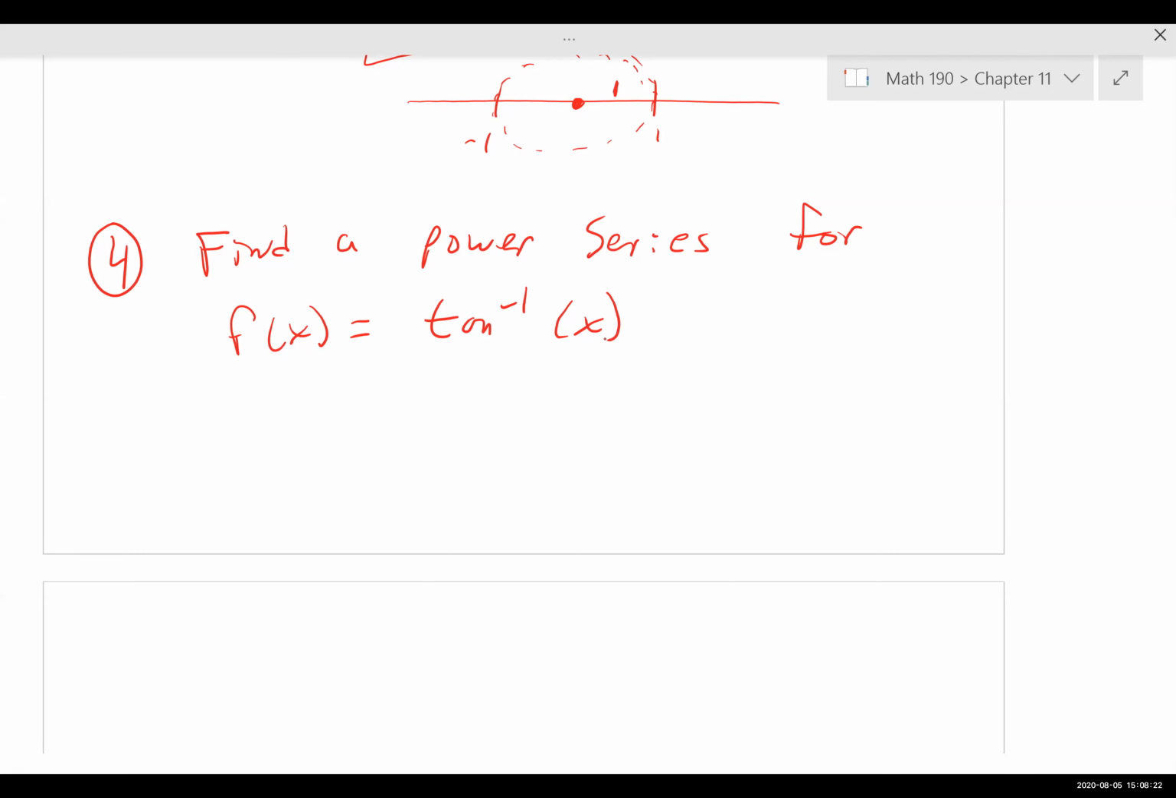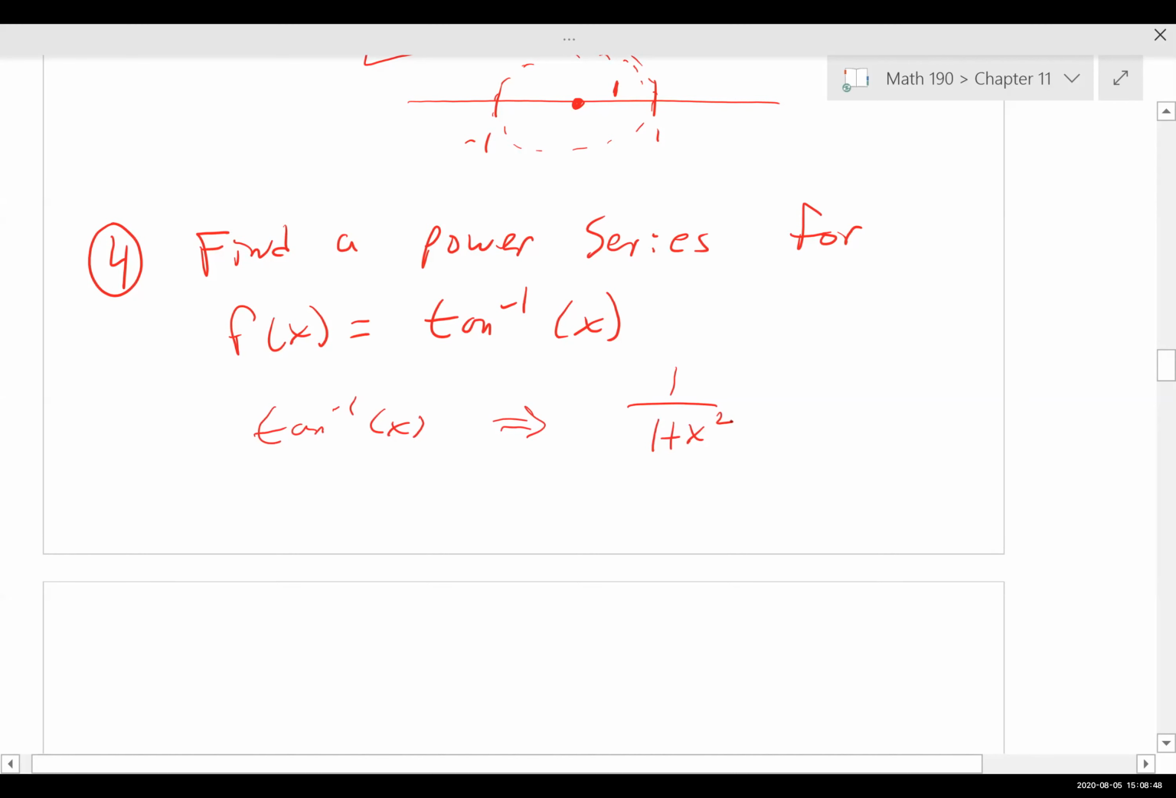let's think about this for a second. Let's go back to our trig sub days, right? Chapter 7, our trig sub days. And I know that the inverse tangent of x is related to 1 over 1 plus x squared. Okay, so it's somehow related. How are those two related? Does anybody remember how inverse tangent is related to 1 over 1 plus